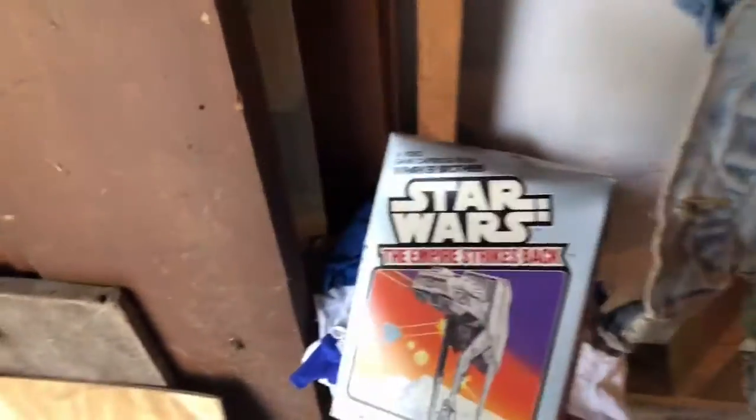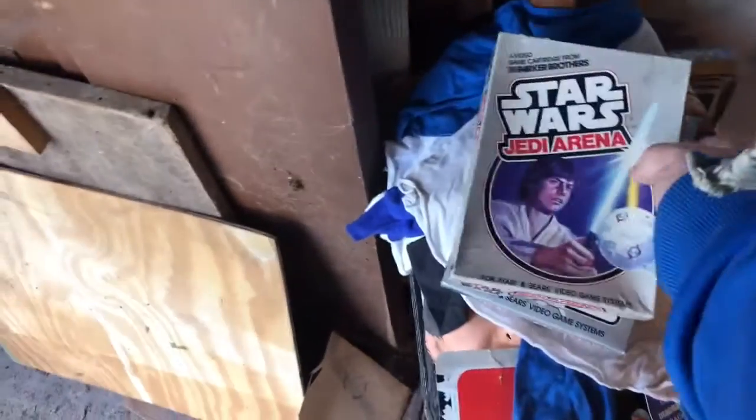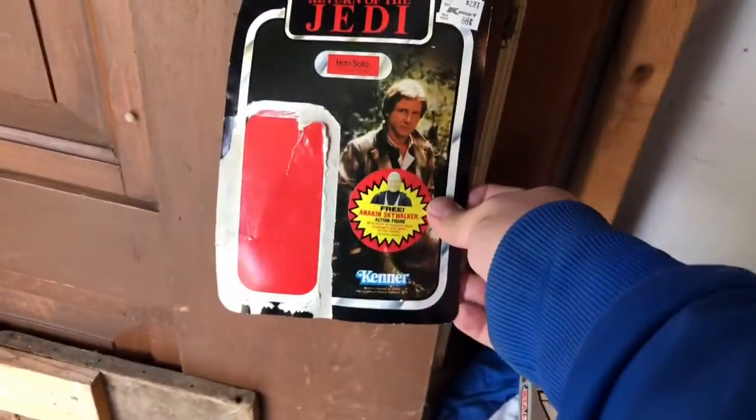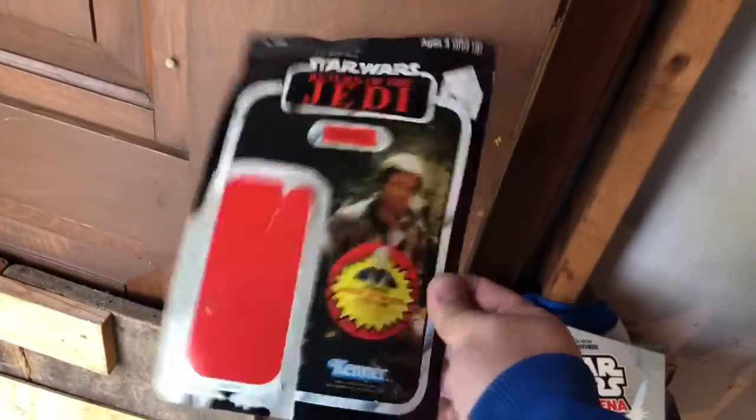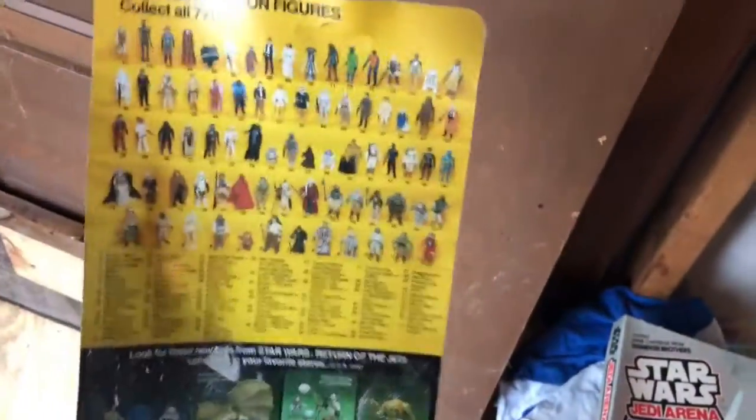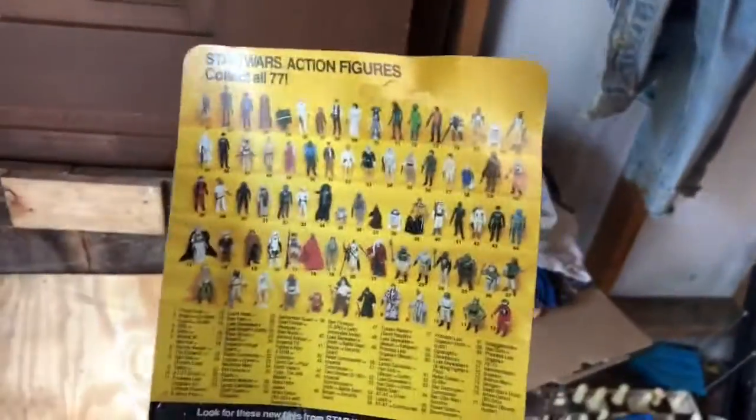Empty box for the Atari Star Wars games, empty boxes. This Han Solo is just the card, but it's worth probably 10 or 12 bucks, even in this shape. This is what you would call a 77 back. So if you're not doing